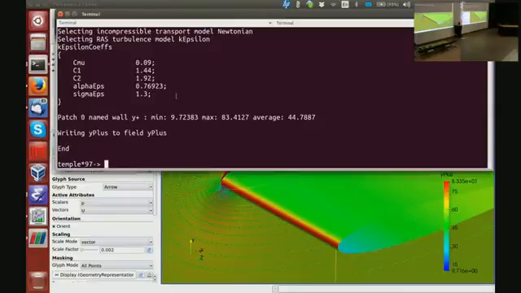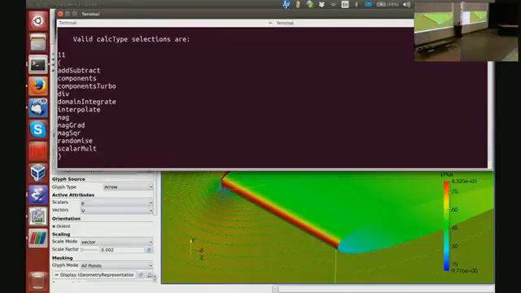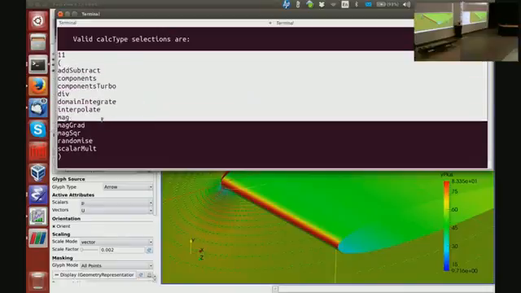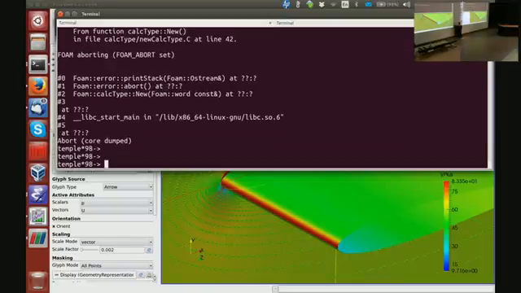Okay? And the way it works is you go foam calc minus help, and then it says, well, I want one of the calc types which are defined here. Okay? Add, subtract, components, div, mag, grad, etc. Okay? So what I can do is foam calc